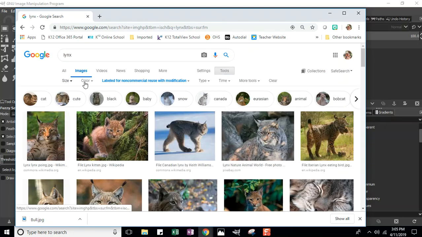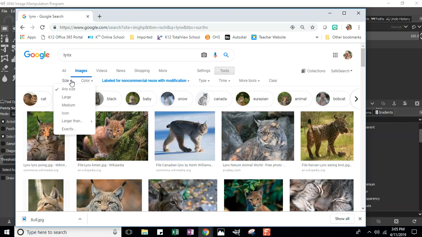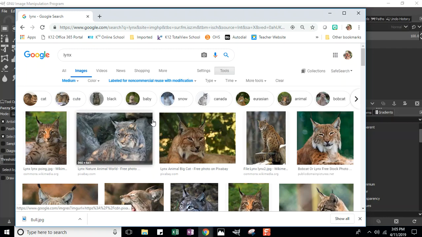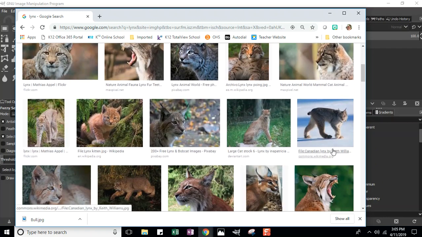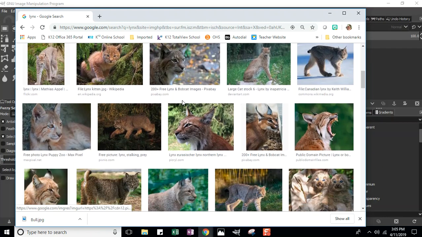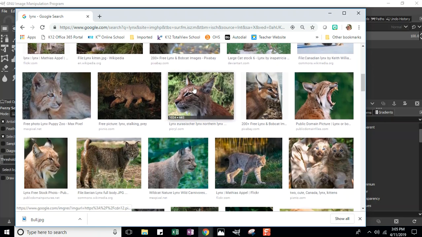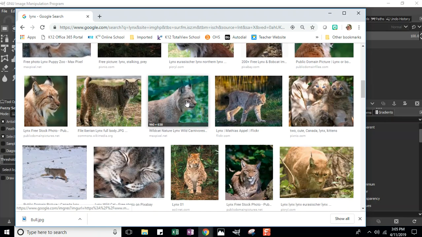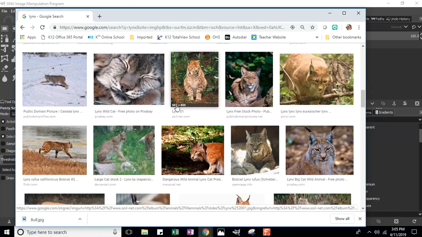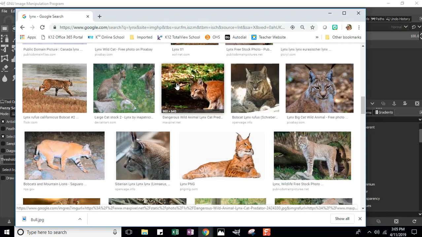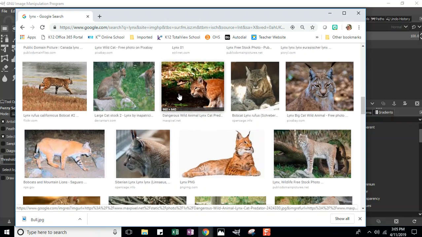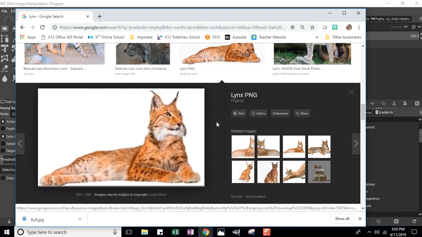And then you also have options up here. You can decide the size that you want. I'm going to go with medium. Okay, and whoa, there are lots of choices. Now, as you're looking through the choices, you want to pick something that is sharp. Okay, please don't pick something that is blurry. And I